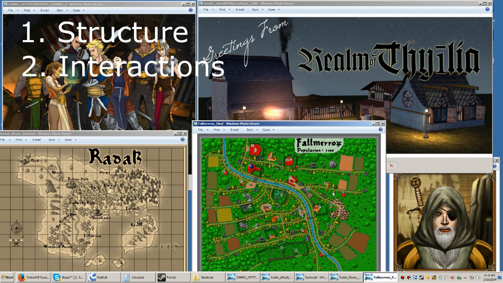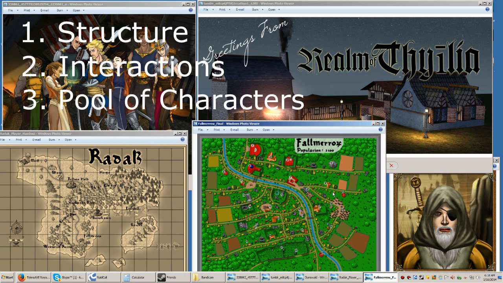The third is building your pool of characters. So as you're building your foundation and as you're building your interactions, be actively making your pool of characters.